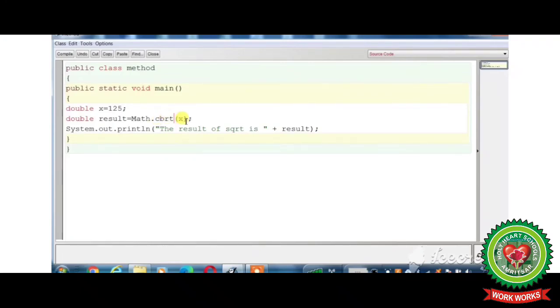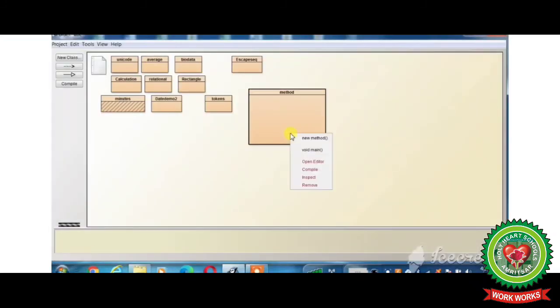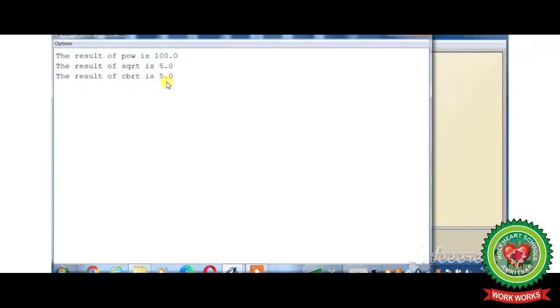The cbrt function also accepts one argument. So see the changes. Click on the compile button to check the program for errors. Click on the close button, right click on the class icon and click on the void main. The result of cube root is 5.0.